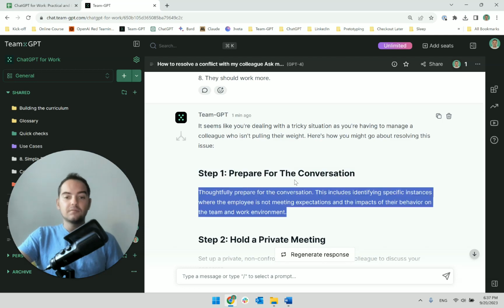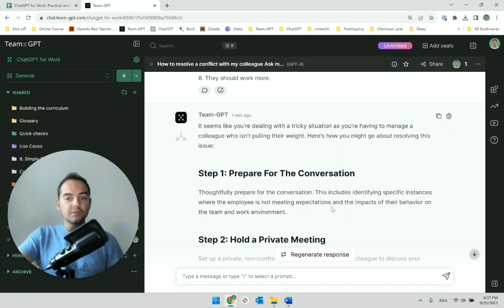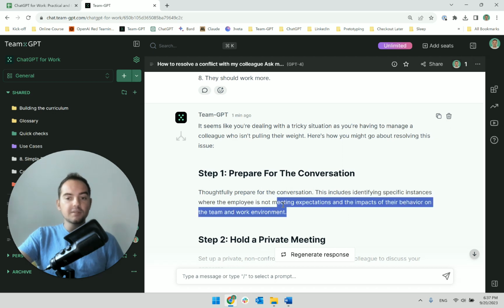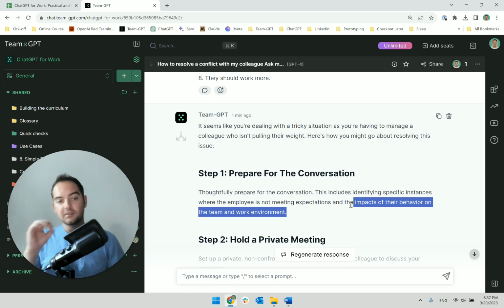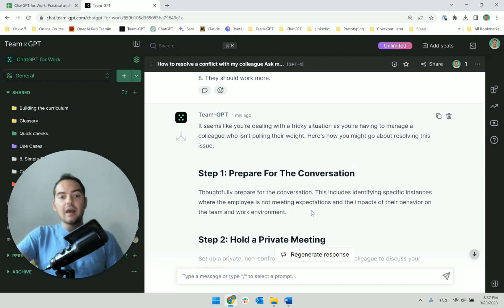Okay. Thoughtfully prepare for the conversation. This includes identifying specific instances where the employee is not meeting the expectations and the impacts of their behavior on the team. Now, this is crucial. Oh my God, this is so good. Impacts of their behavior on the team. This is so important for the team, right? To prepare for the conversation, and during the conversation, again, I'm narrating it with no filter, to guilt them a bit. When they don't do their work, they're not only negatively impacting me, they're negatively impacting everybody, right? And this is very important to be said, and ChatGPT is telling me this. I may know it, but